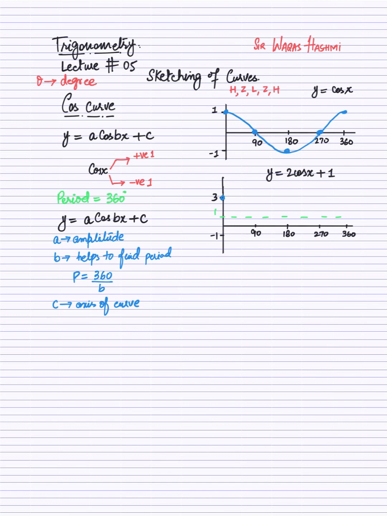हाईएस्ट 0, लोवेस्ट 0 एंड देन हाईएस्ट अगेन। ऑलराइट, इन पॉइंट्स को हमने अब कनेक्ट करना है। तो ये मेरे पास कॉस का कर्व आ जाएगा। जब आपका पीरियड या जब आपके पास यहाँ कोई नंबर नहीं होगा तो आपके पास हमेशा ग्राफ ऐसे ही बनता रहेगा। Alright, in this video we are going to discuss how to sketch the